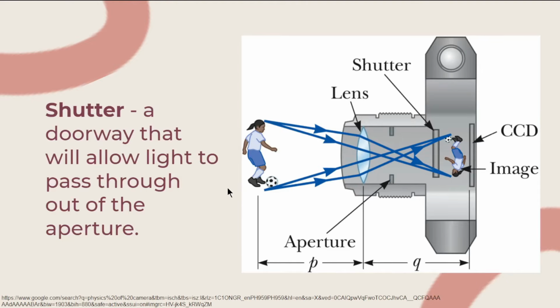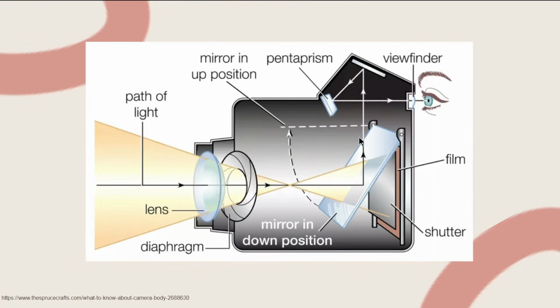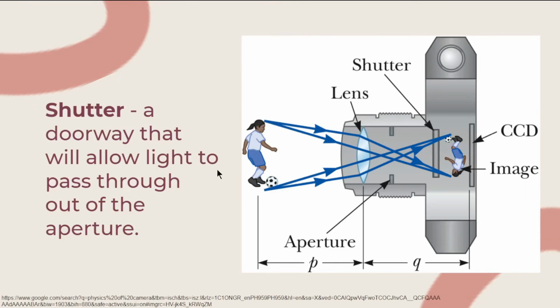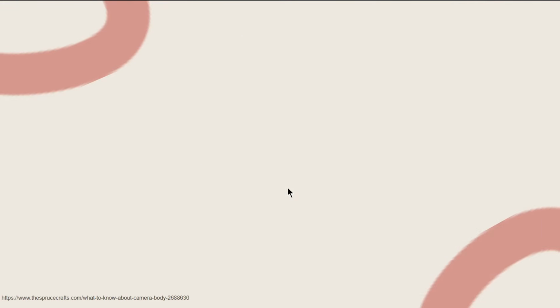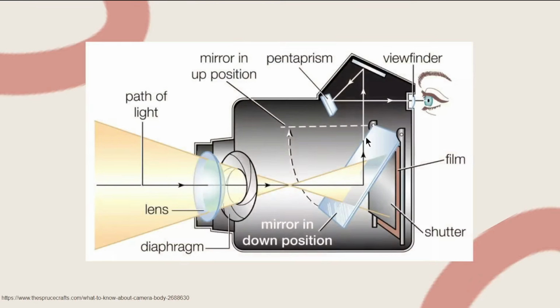Now, another feature of a DSLR is the mirror. A DSLR has mirrors to allow the photographer to see the image that your camera sees. So, kung si girl, katulad kanina, nakatayo, ang mapo-form na image niyan ay nakabaligtad. Pero kung gusto nating makita, kapag sinilip natin sa camera na siya ay nakatayo, there is a need for a mirror and some prisms inside the camera for us to see the actual orientation of the object being the subject